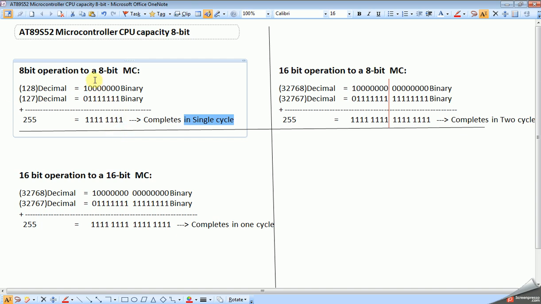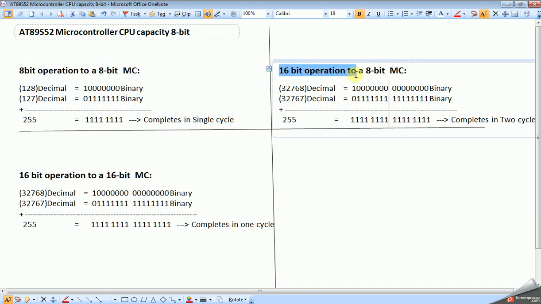So what will happen if we give a 16-bit operation to an 8-bit microcontroller, whether it can perform or not? Yes, it can perform, but not at the same time. First, as shown here, right side example, there are two numbers which are 16-bit numbers.